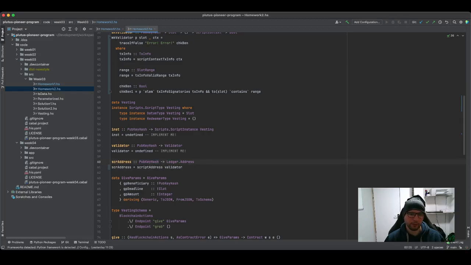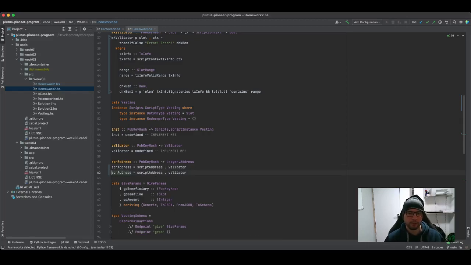So basically what we have to do is take this param and pass it to the validator. We're actually going to do this in two different ways. We can use function composition, which is the dot, or we can do a script address of validator of